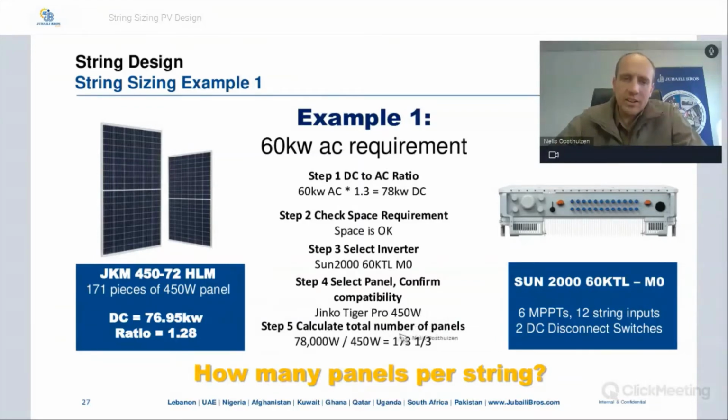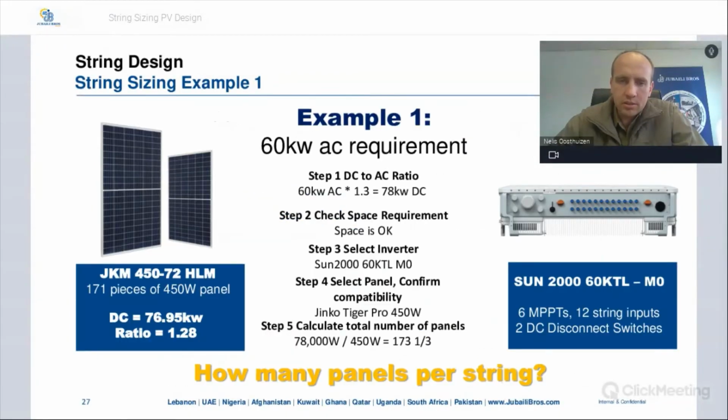So to calculate the number of modules, we take the total DC requirement, 78 kilowatt, divided by the 450, which is our panel. That means that the number of panels to achieve this DC to AC ratio would be 173 and a third. So this is just now your first step or your initial one. So if we now go on to the next step,